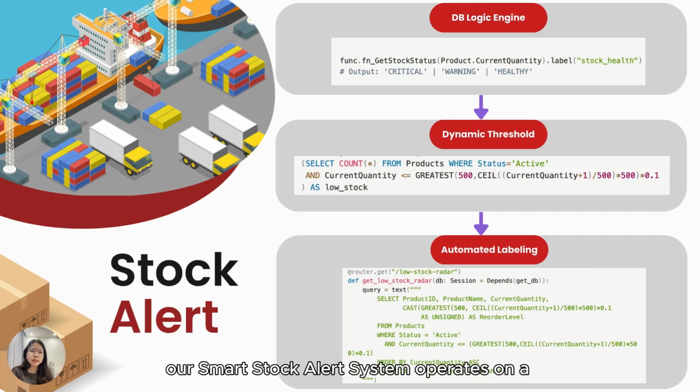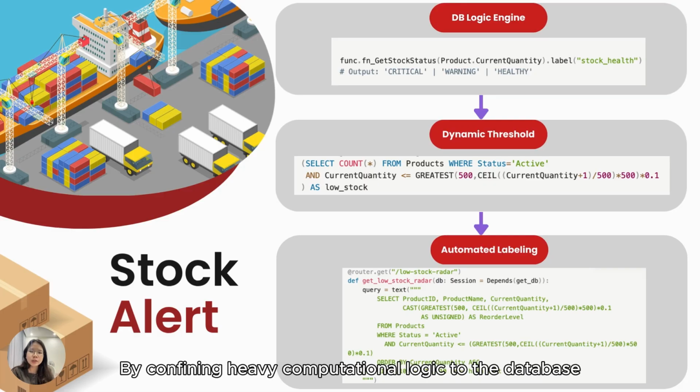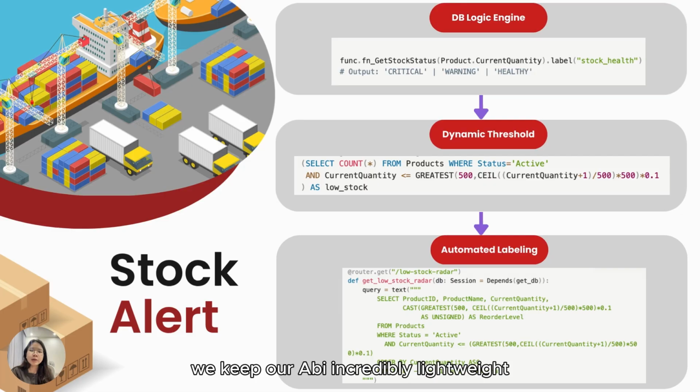Our Smart Stock Alert system operates on a strict 3-layer backend architecture. Layer 1 utilizes a custom database UDF to automatically evaluate and track product stock statuses. Layer 2 leverages a precompiled SQL view that applies a dynamic, self-scaling formula for reorder levels, completely eliminating rigid, hard-coded limits. Finally, in Layer 3, our backend API accelerator simply fetches the top 10 most urgent items for procurement. By confining heavy computational logic to the database, we keep our API incredibly lightweight and guarantee an absolute single source